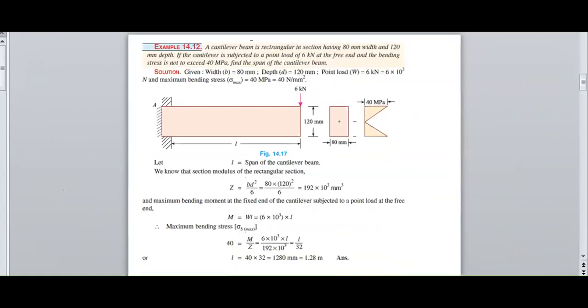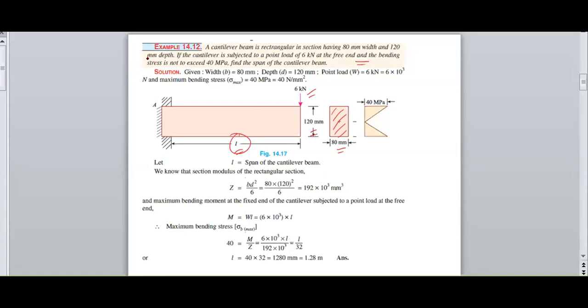Here, the next problem is a cantilever beam. A cantilever beam whose cross section is 80 mm wide and 120 mm deep. The cross section of the beam is 80 mm and 120 mm depth, and a point load of 6 kilonewton. The length of the beam we need to calculate here; it is not given. A point load of 6 kilonewton is acting at the free end,